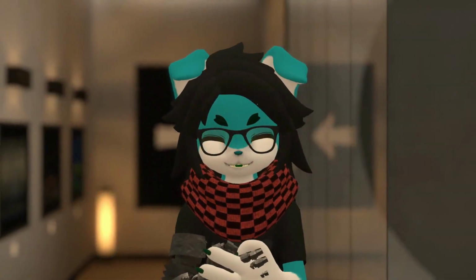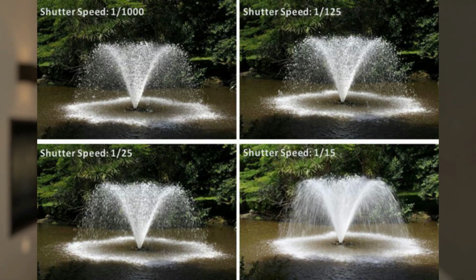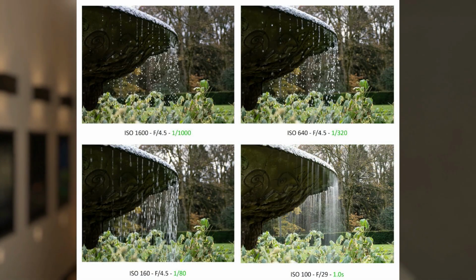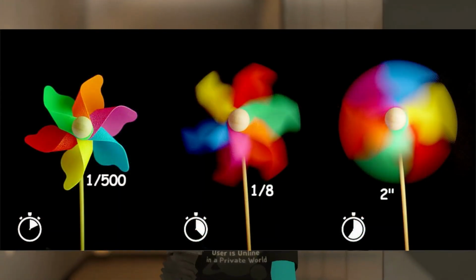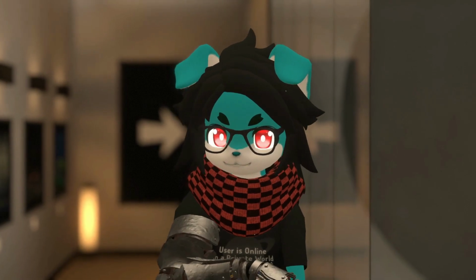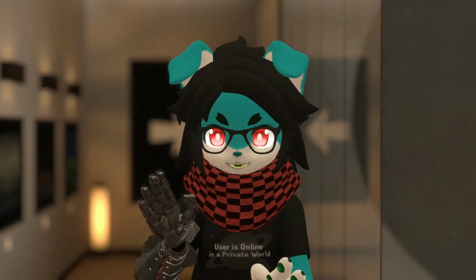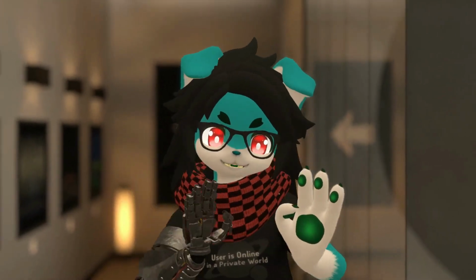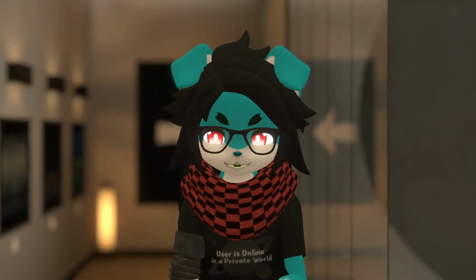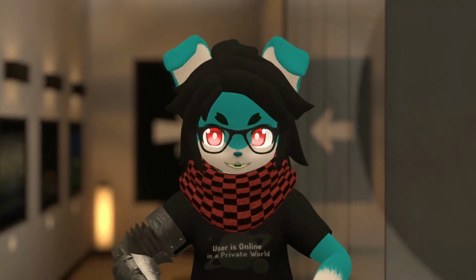Usually in real life we take pictures at a fraction of a second. 500th of a second, 1,000, 4,000, 8,000, a half fraction of a second, or even a second, right? Lower shutter speed means more time that the sensor has to record the scene. So if somebody moves, you will see how it looks like it's actually moved and it's not completely frozen. I thought that something like that was completely impossible in VR, as all the cameras that I've been testing never had a tool like that